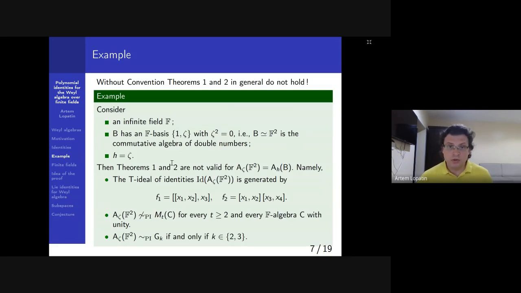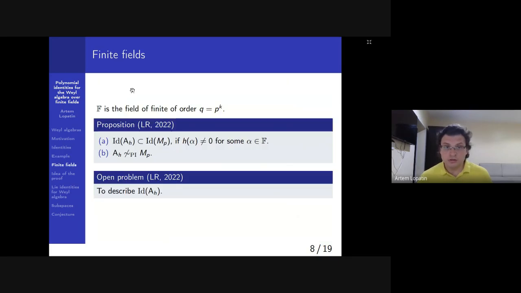But now, what about the case of finite fields? Because here we have an infinite field, and it's quite important that the field is infinite. So now assume that the field is finite. It has q elements, and so the characteristic is p. And earlier we showed the following proposition. First of all, the ideal of identities of the parametric algebra in the case when algebra B is equal to F, so the classical parametric algebra, lies in the ideal of identities of P by P matrices. Well, when we have this condition,